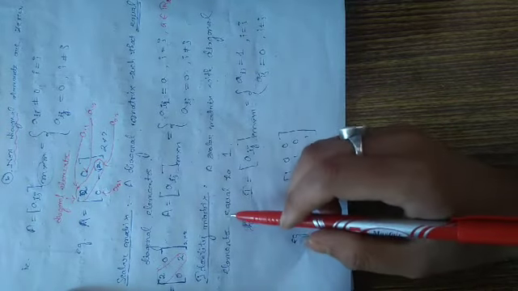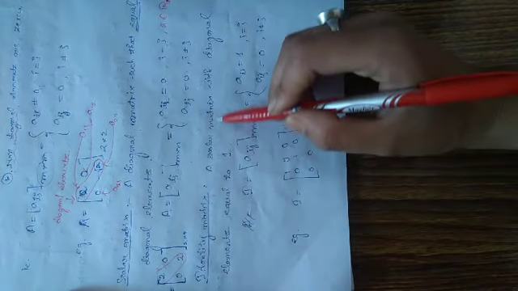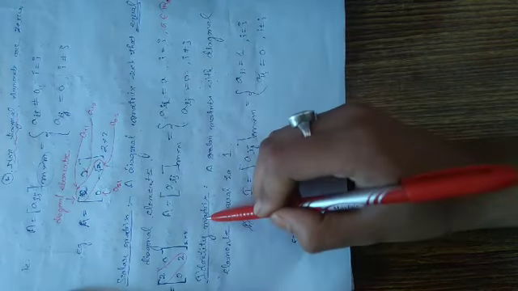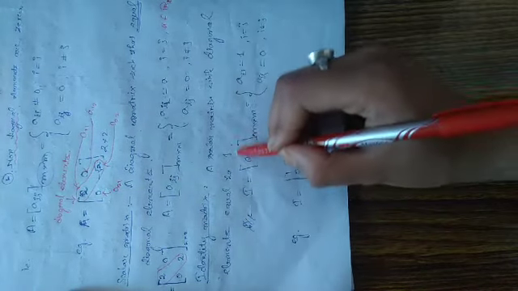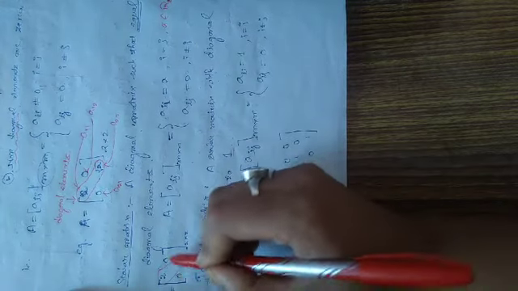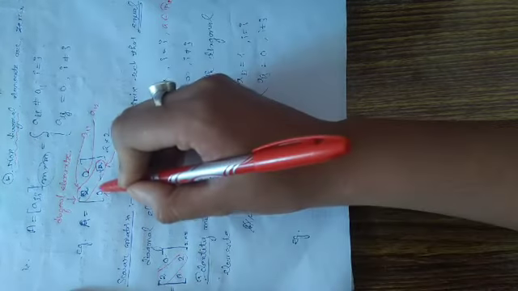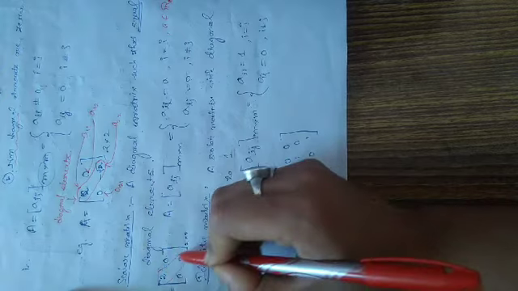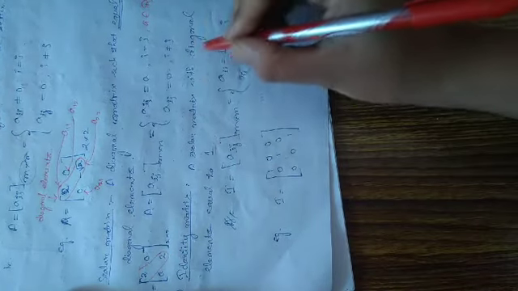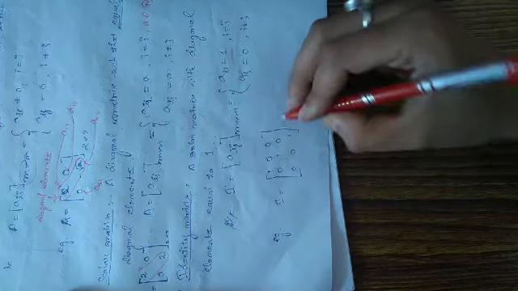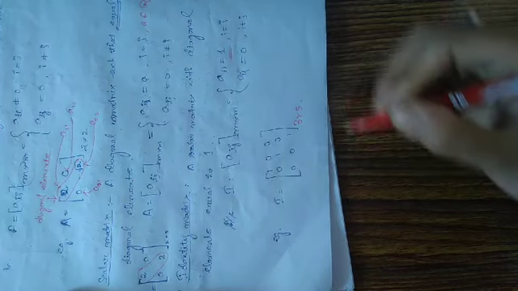Now we come to identity matrix. An identity matrix is a scalar matrix with what? Diagonal elements equal to 1. That means the off-diagonal elements will be 0, same as a diagonal matrix, but these diagonal elements must be equal to 1. So this is an identity matrix of order 3 cross 3.